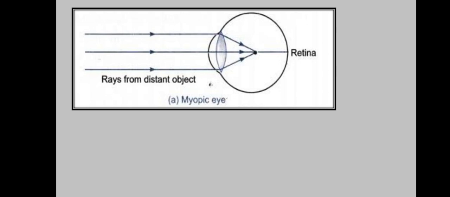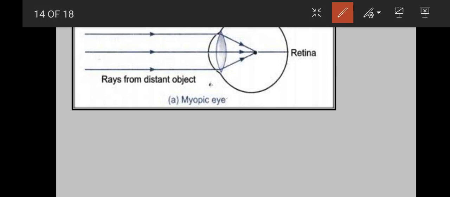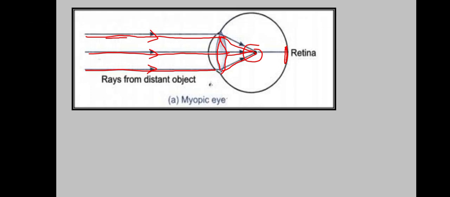Let's discuss how we can draw the ray diagram for a myopic eye and how it is corrected by using a concave lens. Here you can see in this ray diagram that the light rays are coming from a distant object because they are parallel. We have to draw the parallel light rays to show that they are coming from a distant object. What is happening when they enter the eye? The lens cannot accommodate and it forms the image in front of the retina. The retina is present here, but the image is formed in front of the retina, so it will be a blurred image.